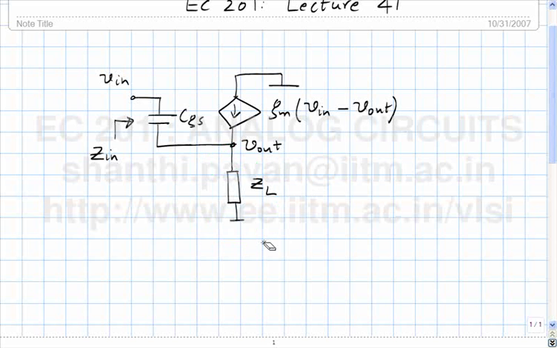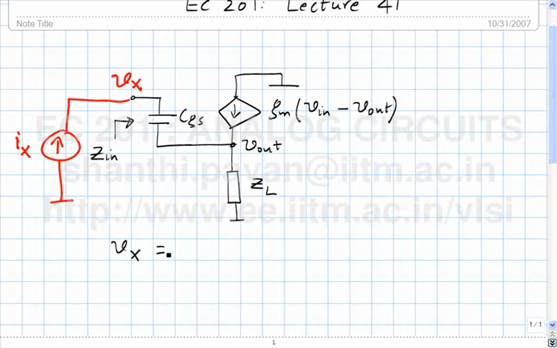Can somebody quickly tell me what the input impedance looking into the amplifier Zin will be? How will I find the input impedance? Would I want to put in a voltage, measure the current, or put in a current, measure the voltage? Things are in series, so it makes sense to put in a current. Let me apply a test current source, Ix, and I'd like to find whatever Vx is developed across the input port.